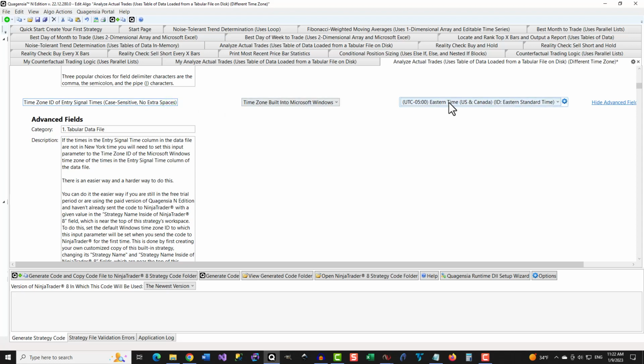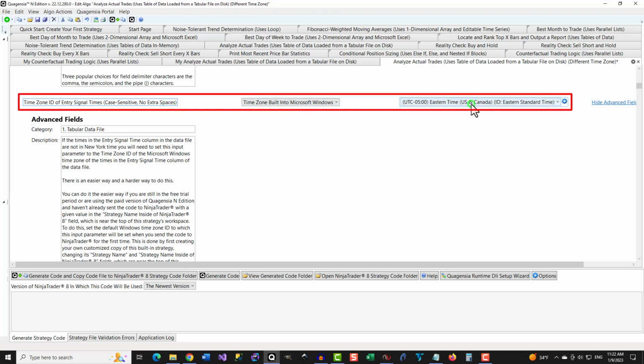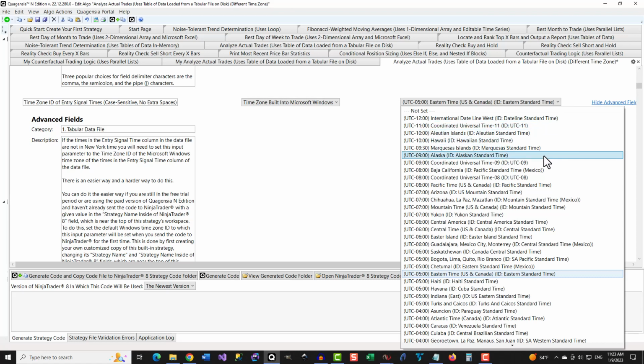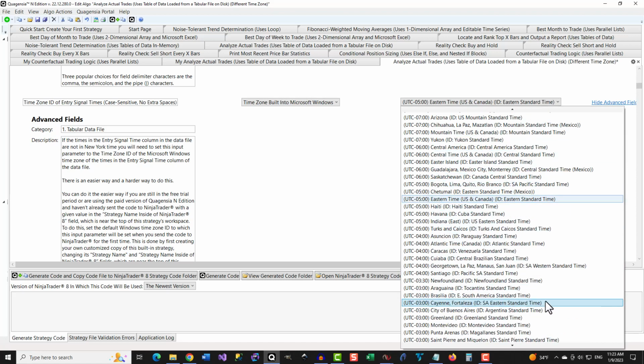Then selecting your time zone from this input parameters drop-down list from inside your customized copy of this strategy.